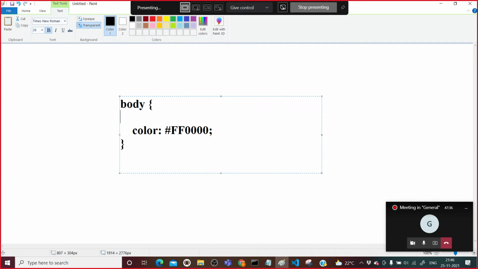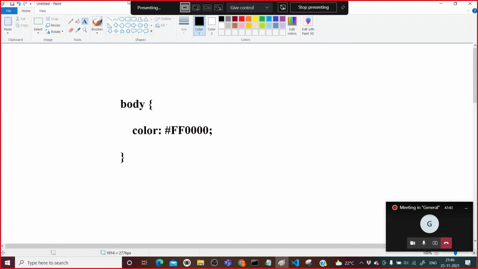For that, I will increase the spaces between them.